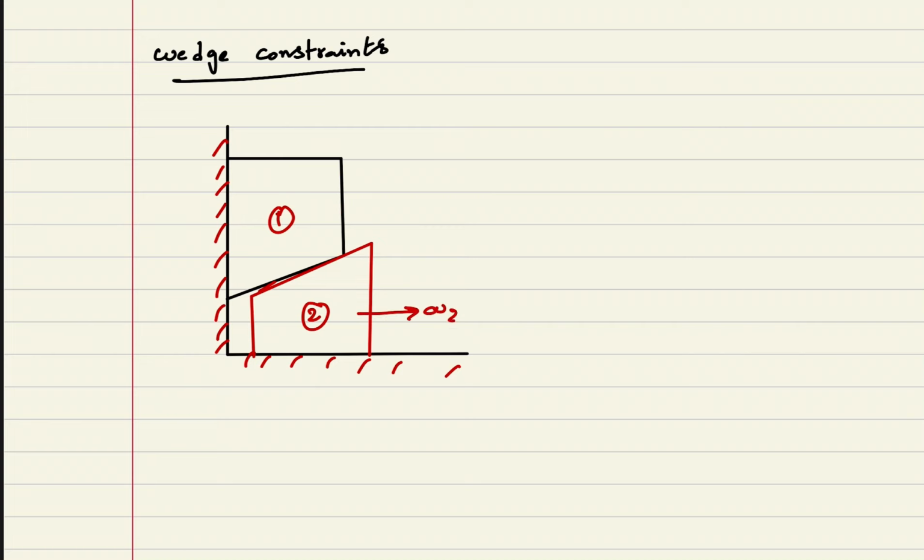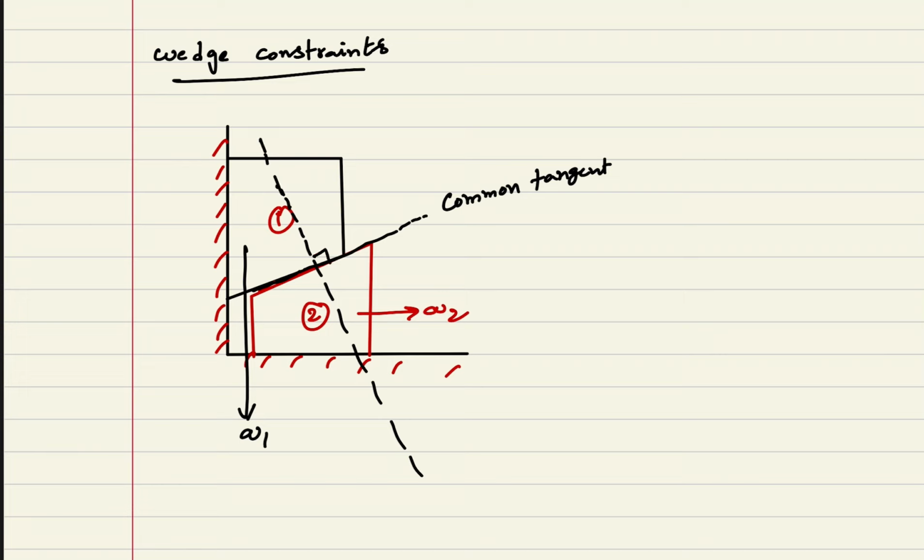As the second body goes with acceleration a2 to the right side, the first body will go downward with acceleration a1, that is obvious. Now you can see what is the line here. This is like a common tangent. And I am writing one more line which is the common normal. This is normal to the surfaces. This is the common normal. Here our constraint is that there should not be any relative motion